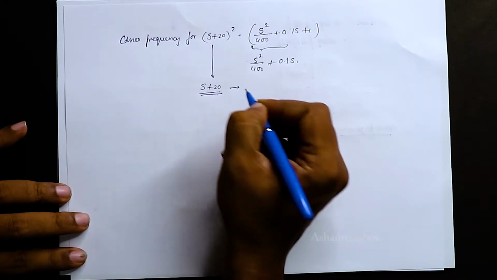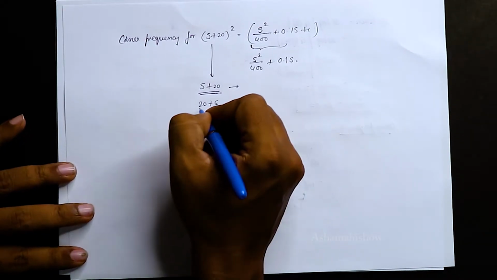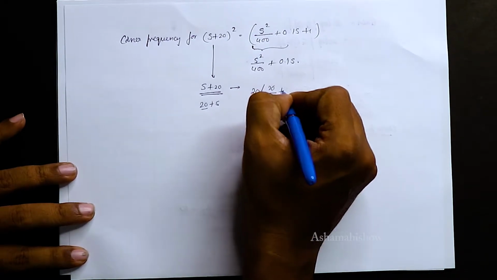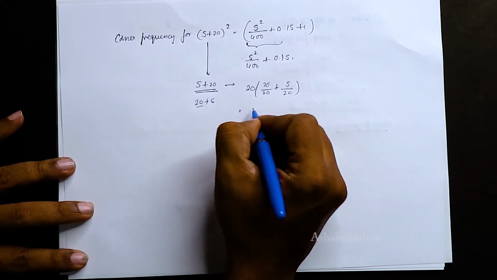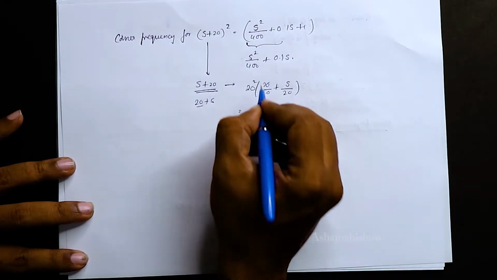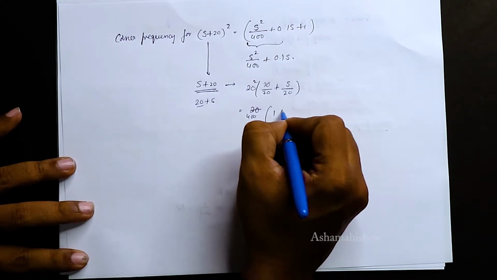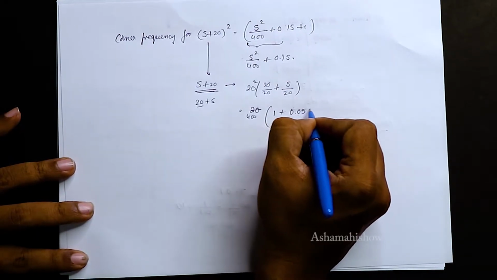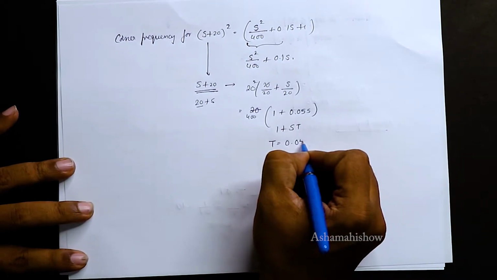And now let us change into 1 plus st format. So it is 20 plus s. If you want to change into 1 plus st, you need to take out 20 common. So 20 into 20 by 20 plus s by 20. This is a 20, and since it is squared, this becomes 20 square. That is what we got here, the 400, which we multiplied before. So forget about that. This is 1 plus 0.05s, in the format 1 plus st, where t is equal to 0.05.